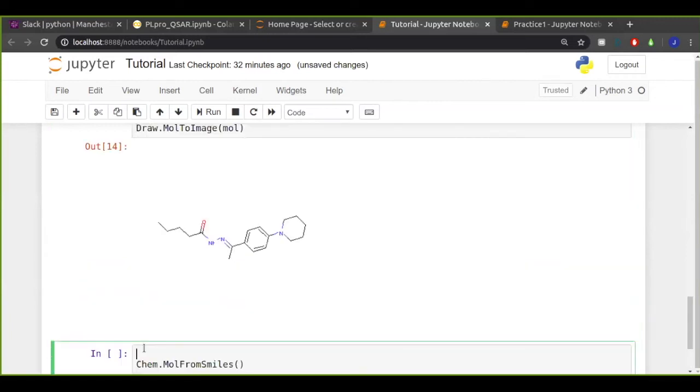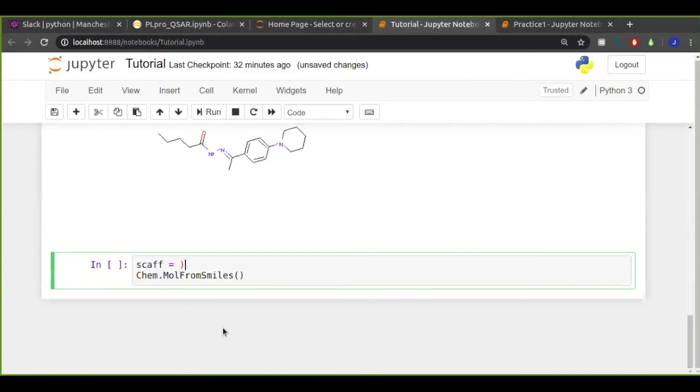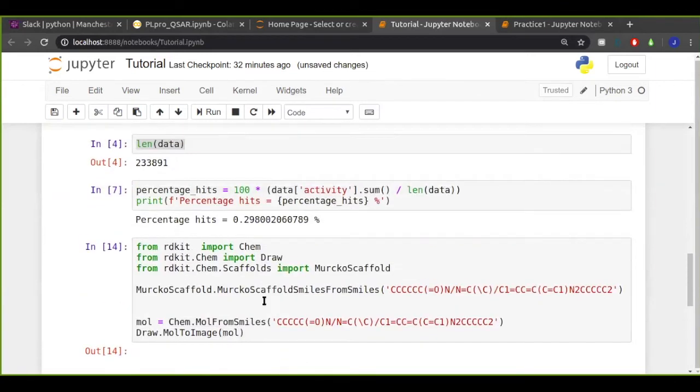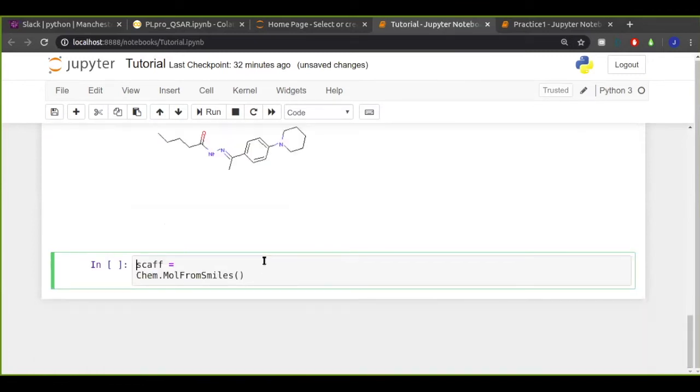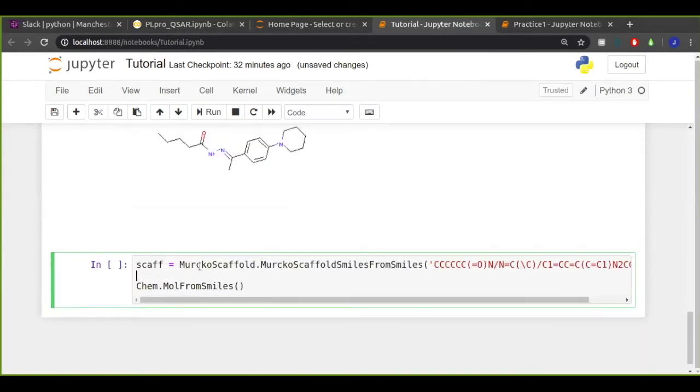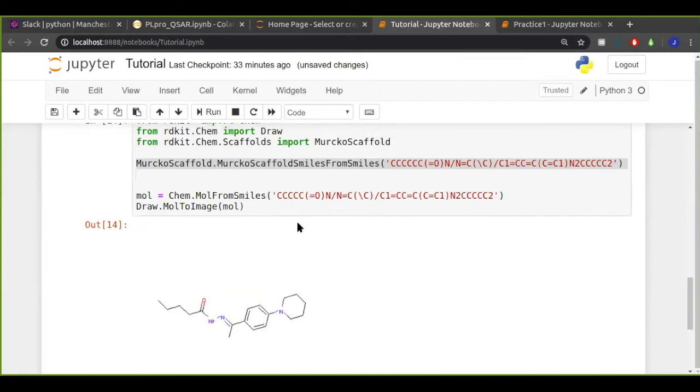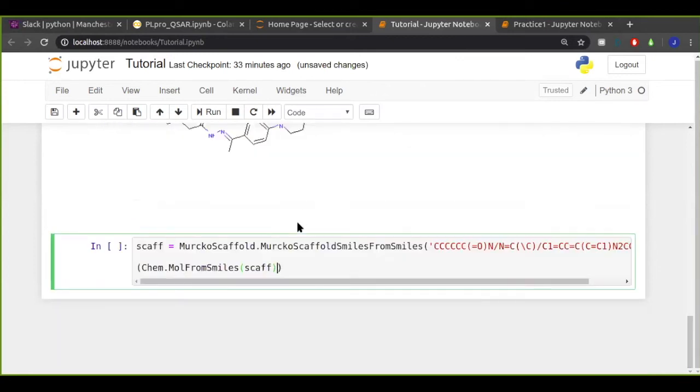I'll define a new variable down here called scaff, and that should be the smiles of the scaffold of this. And then if we call chem mole from smiles of the new smiles, and then draw that, and I'm going to do the whole thing in one line because I feel like it. Mole from smiles.